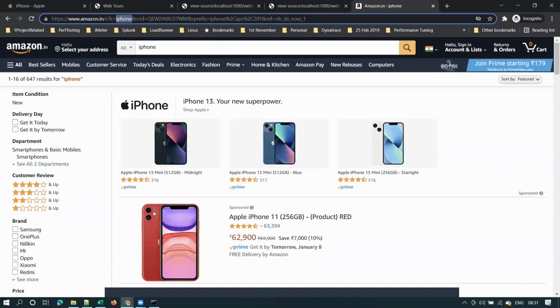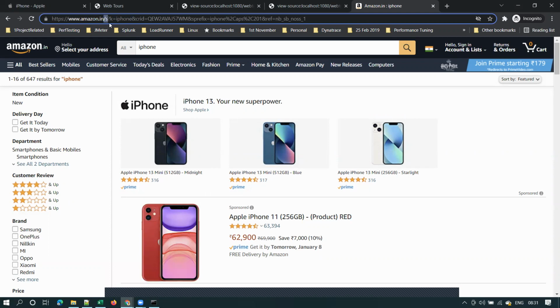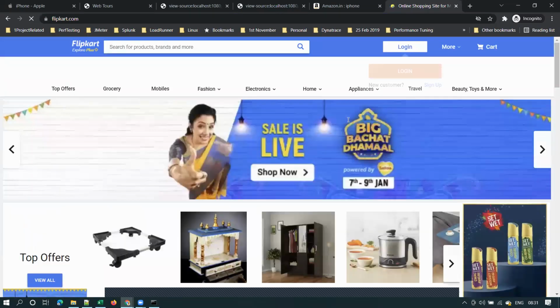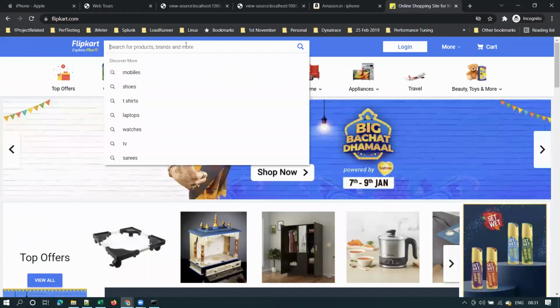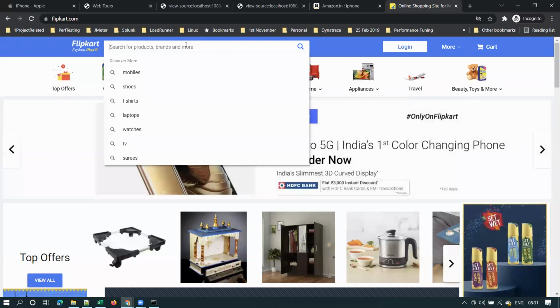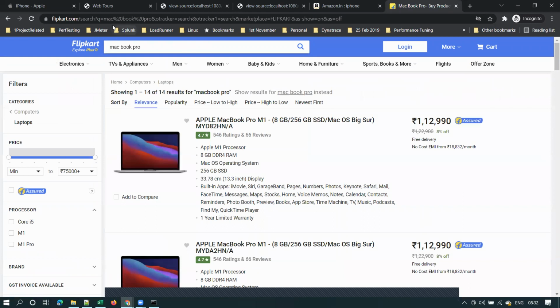Sir, what is the resource path here? Resource path is this one. Immediately after the server name, whatever you see, that is called the resource path. Okay. Right? So let me take one more example. Suppose you go to Flipkart. Only /s is the resource path, sir. Correct. Yes. See here how the request is going. This is the resource path. Search is the resource path, and this is your query string in this example.